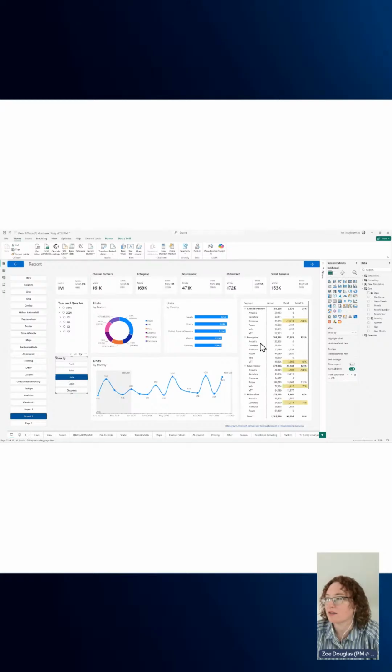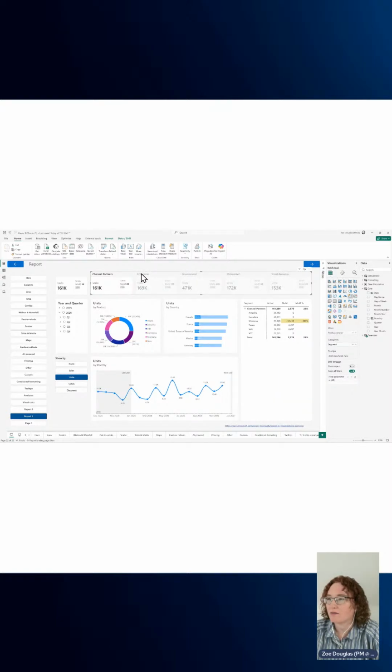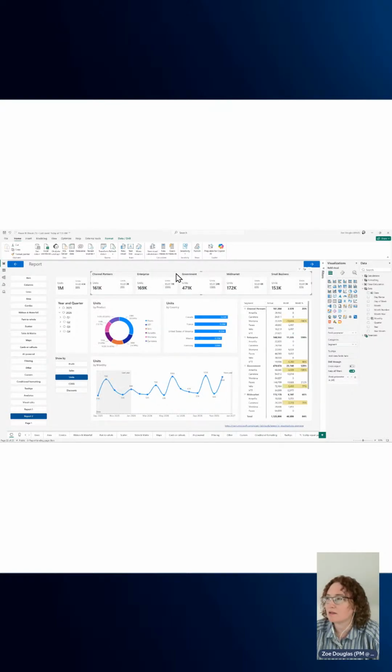So I can change all these visuals to show it by units or by sales without having to create duplicative versions of the report. I also have up here, the card visual now has a clickable ability to it. So if it has a category, you can also filter. But what if I wanted, with the field parameter, I can also create one to do by categories. So say if I wanted to change this pie chart or this bar chart to always show a different kind of